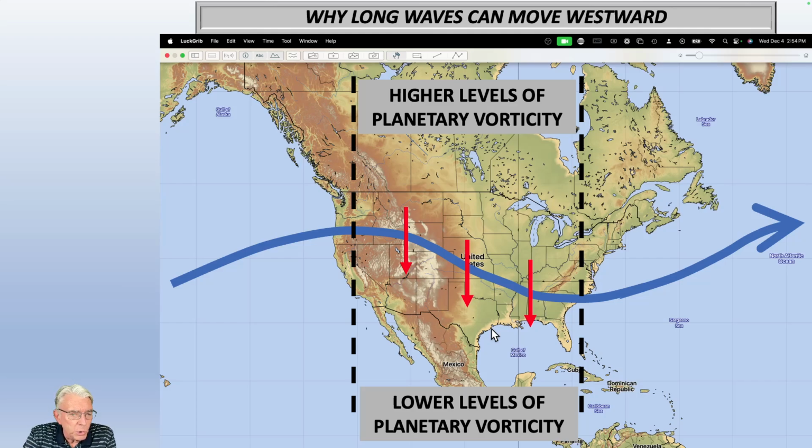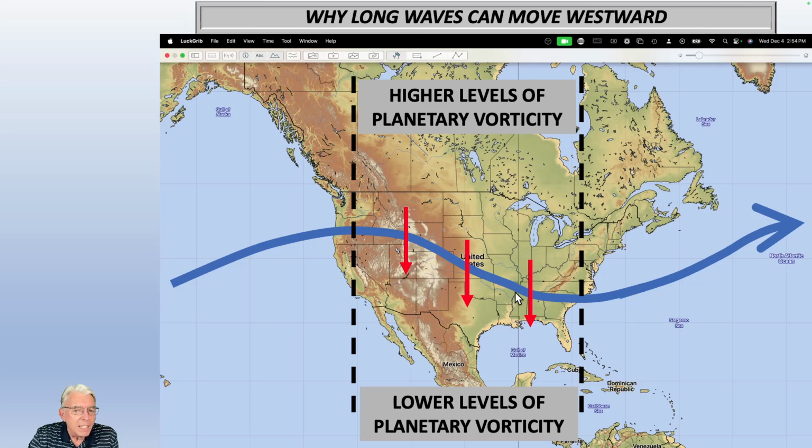It is losing planetary vorticity, because the Earth's rotation causes less and less vorticity as you head toward the equator, which means that the amount of relative vorticity has to be increasing in order for that change to be zero, okay? So you're actually trying to carve out more and more cyclonic curvature between these two dotted